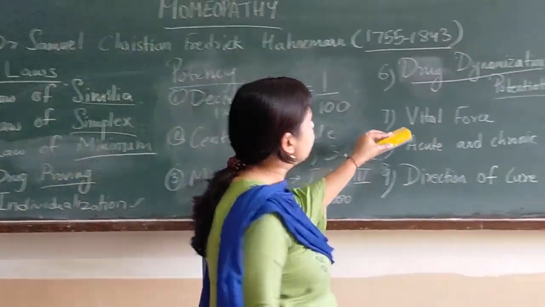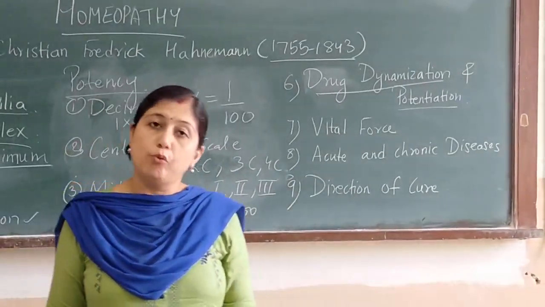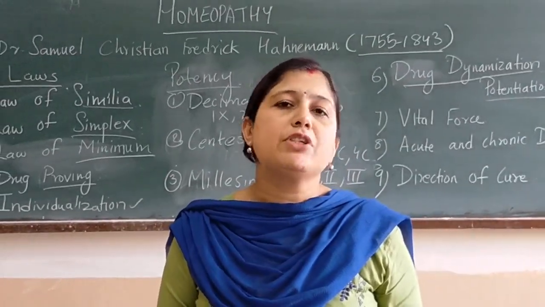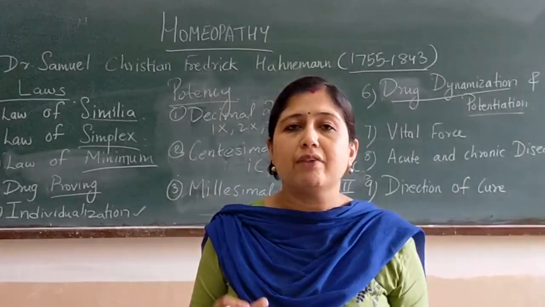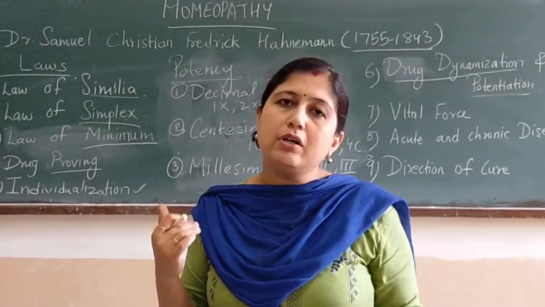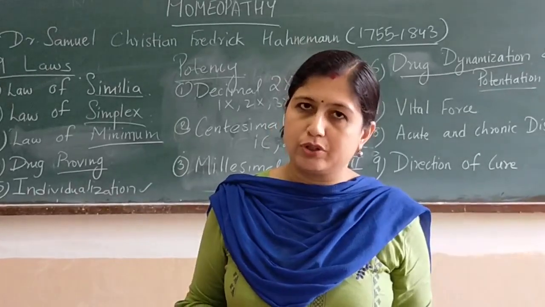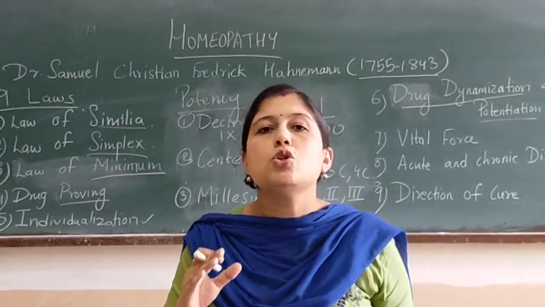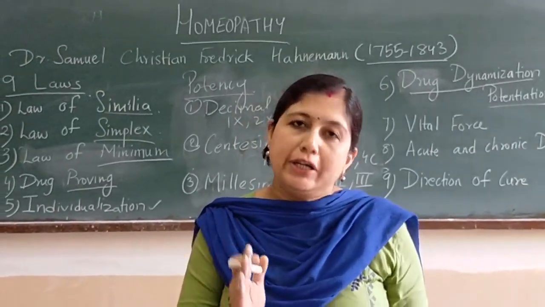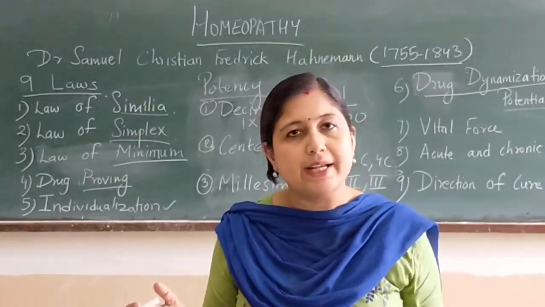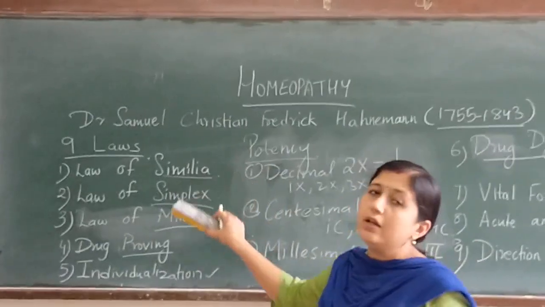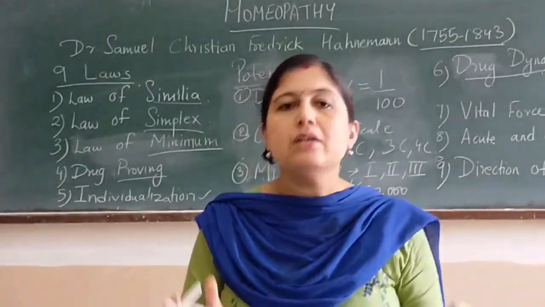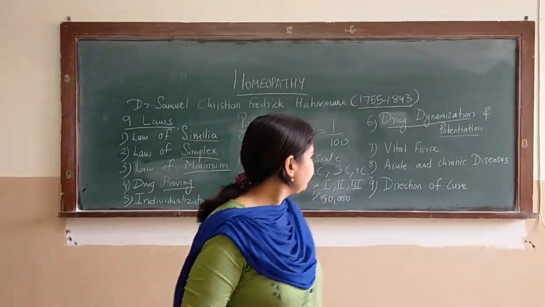Now we move to the seventh law, that is vital force. In any system of medicine, one thing which is common is the energy which is present in our body. Every system says that our body has a particular energy, and here in homeopathy it is named the vital force. It is said that the flow of the vital force should be even and uninterrupted. When there is any kind of interruption, the person is in a diseased state, and there the treatment has to be given using the different laws of homeopathy to maintain the vital force of the patient.